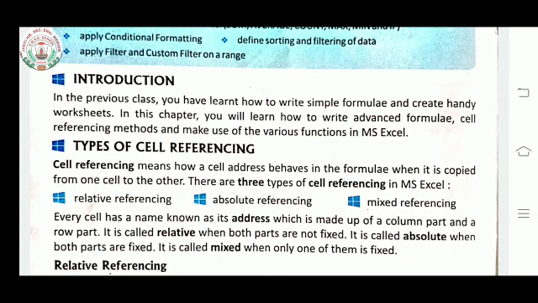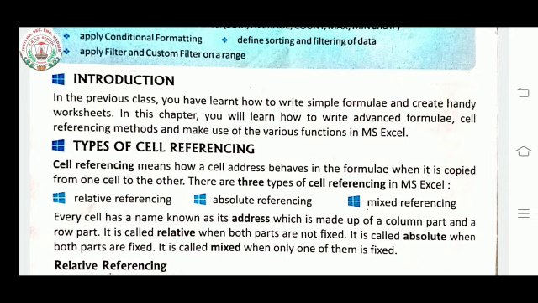Diagonal, you know, you are studying in mathematics. Diagonal means in a square ABCD, A to C is one line, that is called a diagonal. So it keeps on changing diagonally. Diagonally means here the column name keeps on changing and the row number also keeps on changing.